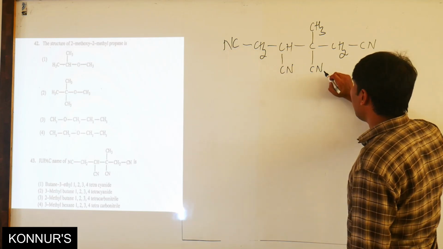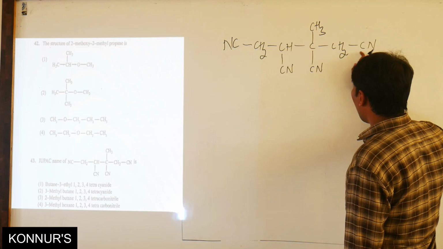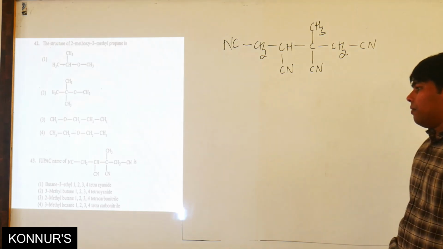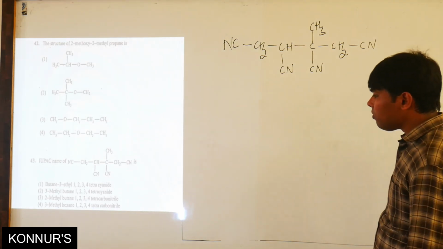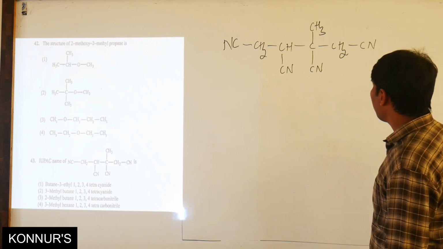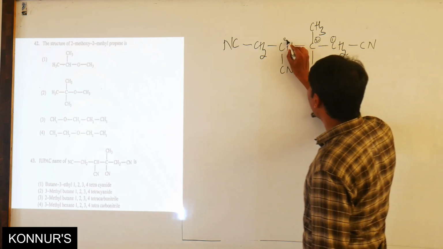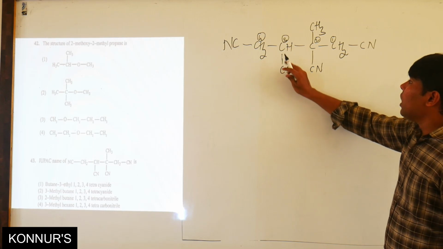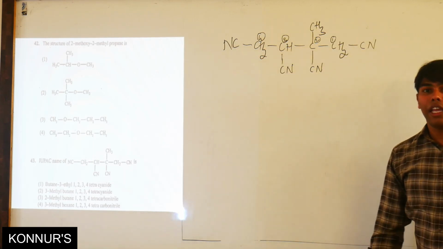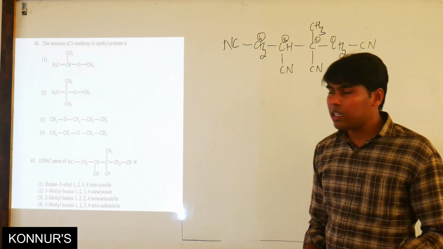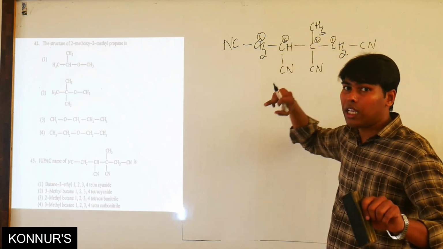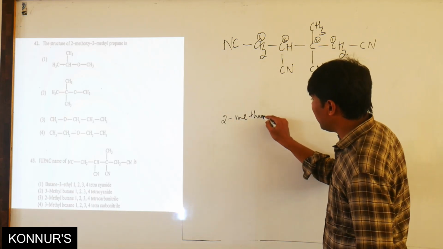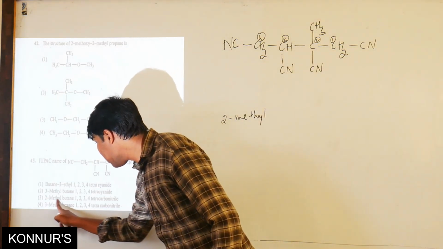I will choose the longest chain in such a way that all of them will come as a tetracarbonitrile. Let us go with that. Here, first carbon, second carbon, third carbon, fourth carbon. I have chosen like this. I am not choosing the chain the other way because then the methyl group will get 3 as a locant. So 3 is larger than 2, now I have chosen 2. So this is the correct one. So 2-methyl has happened now. Choose the options. Where is 2-methyl? Here the third one is there.